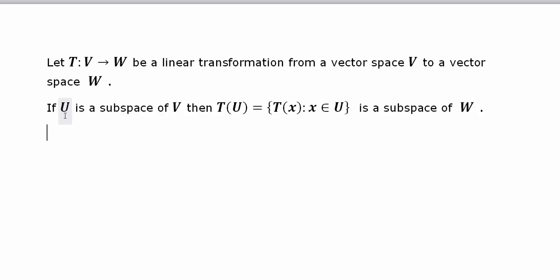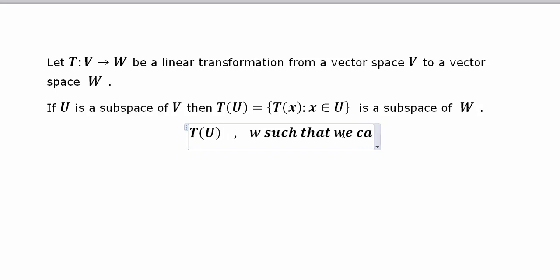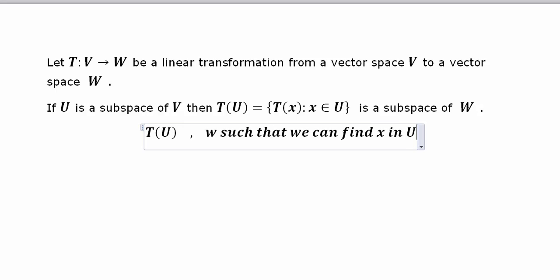And say we have a subspace U of V, then what we want to prove is that the direct image of U under T would be a subspace of W. Or actually, what TU is, is that it consists of those w such that if we take any w in TU, then we can find x in U,